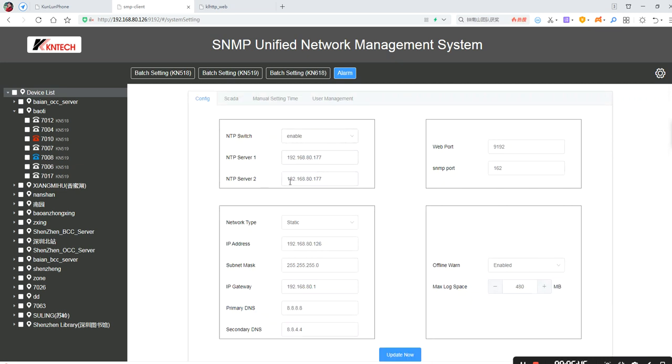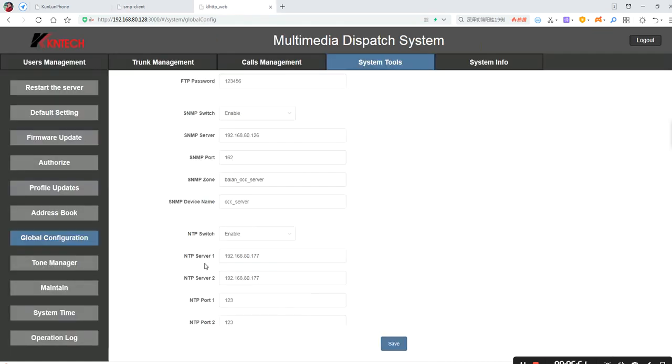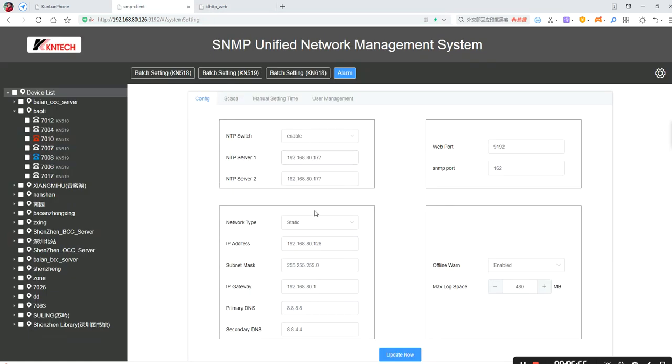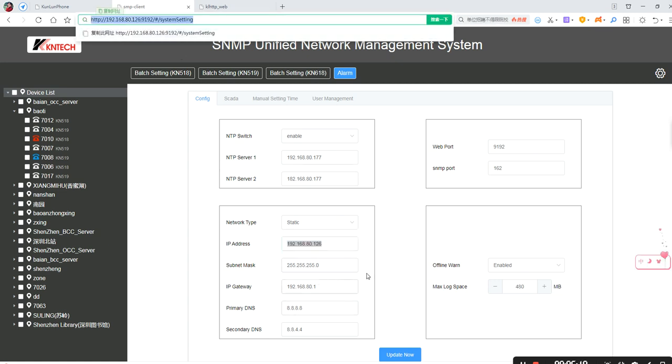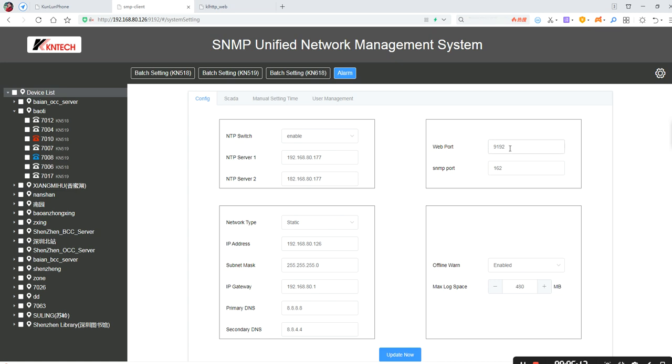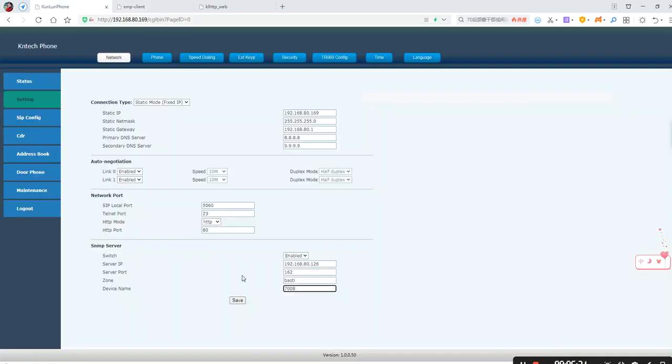NTP server settings. It also should be synced with the server NTP. You can see this part and then this part. The network switch, network type. This is the settings for the SNMP server. The IP address, you can see, and the web port 9192, and the port should be set with the phone. You can see server port,